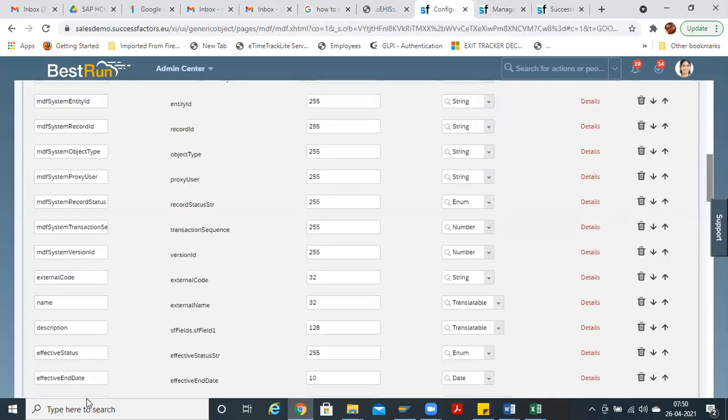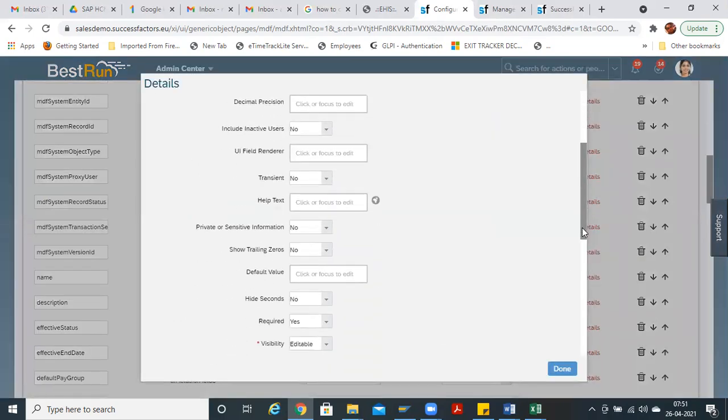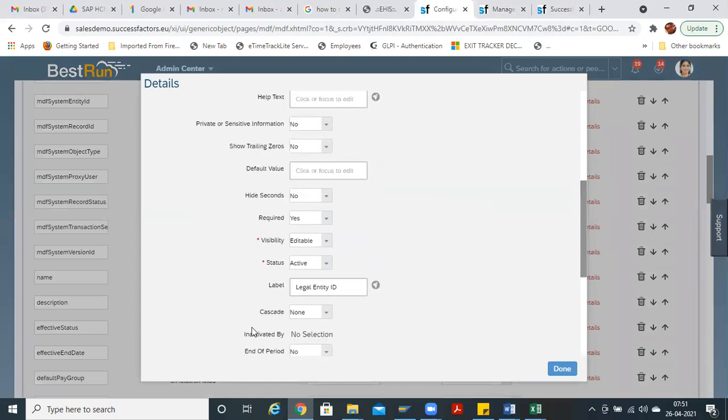Then go to details in external code. Then you have to come down and see what the label name is. Here you can find the legal entity ID, right? Then you just have to mention company code.